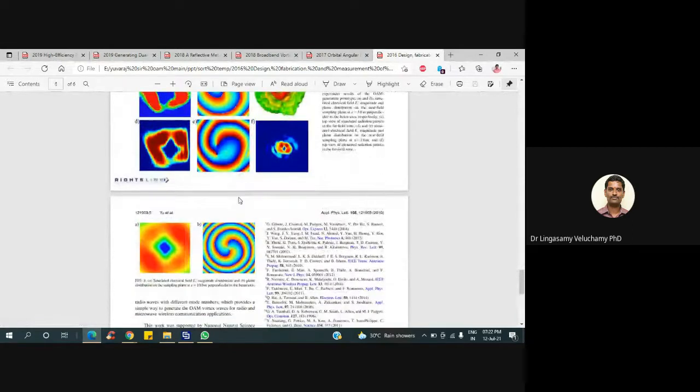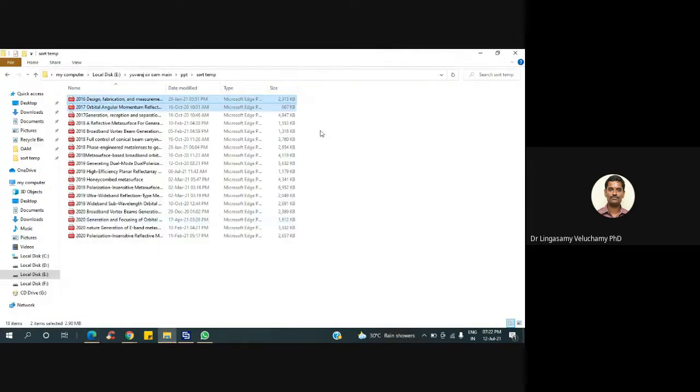Sir, can you zoom it and show me so that I can see? Yes. See, here they simulate the electric field magnitude distribution, phase distribution and sampling plane z equals some mm, perpendicular to the beam axis. One second, sir, I will open the remaining papers.